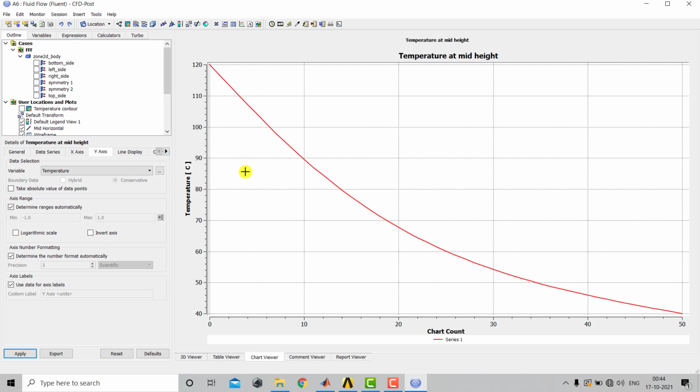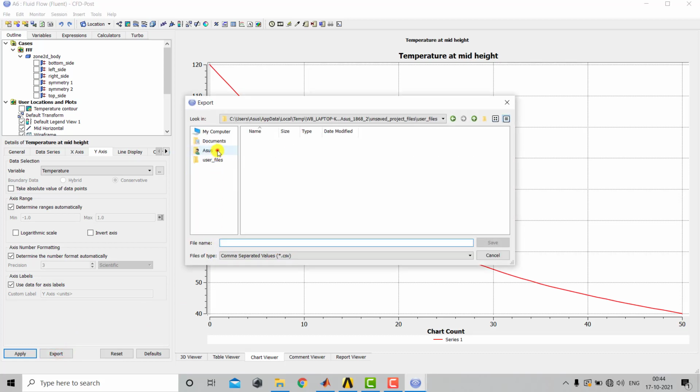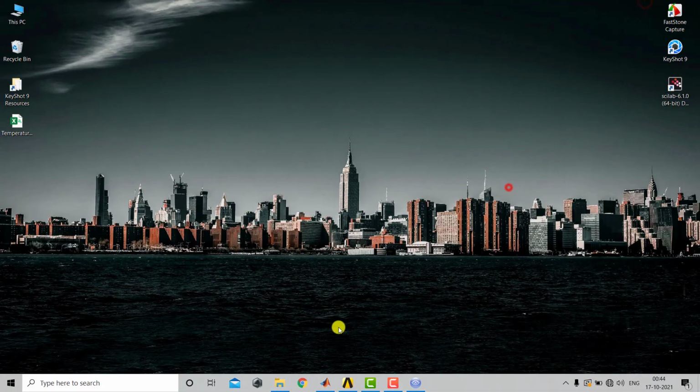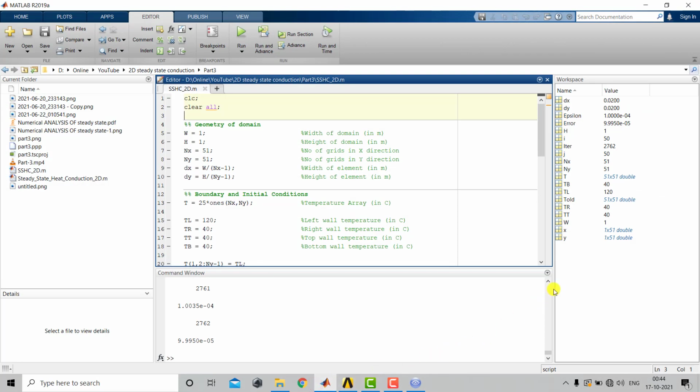Now you can export the same result in CSV file. So we can just right click on this export button, select here the desktop and you can give it a name. So let us give it the name temperature ANSYS and we'll save it. So once we have saved the result from the ANSYS, we'll go to the MATLAB script